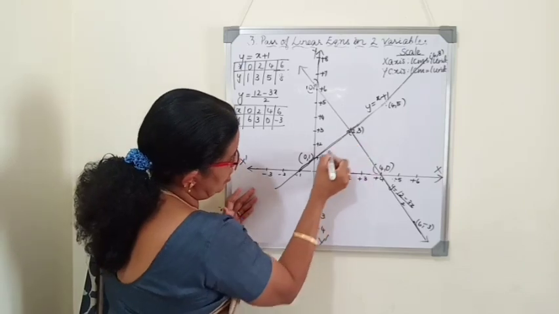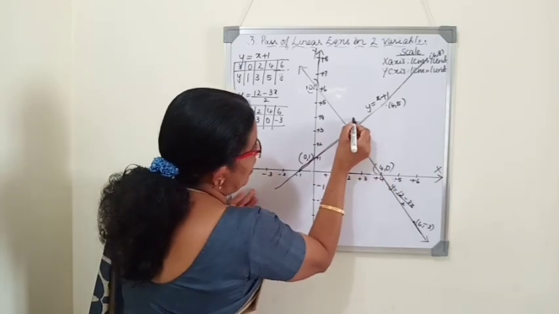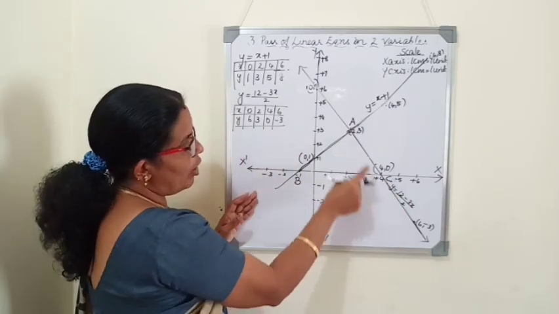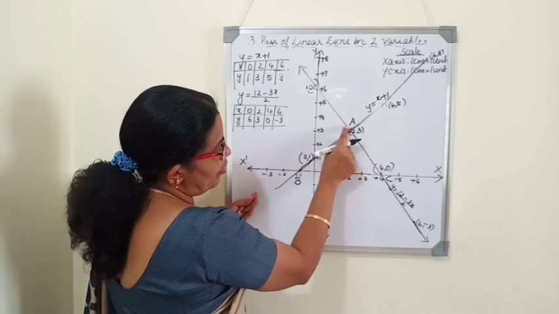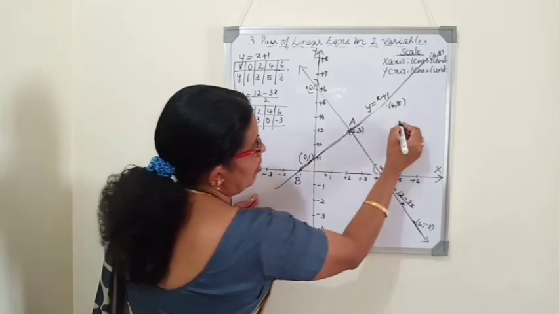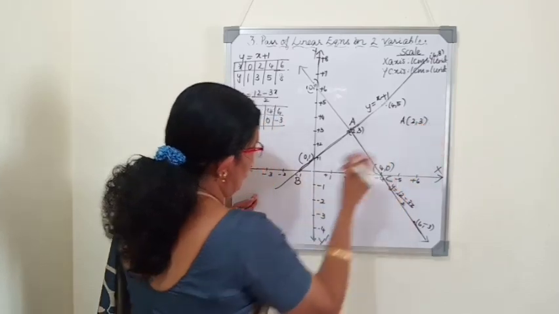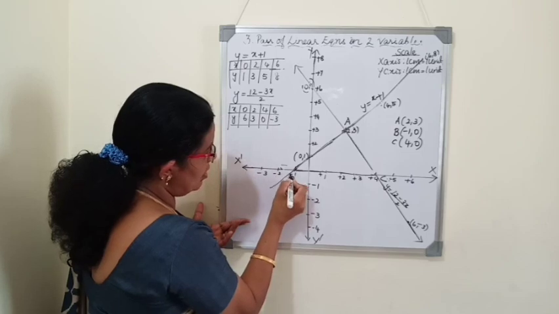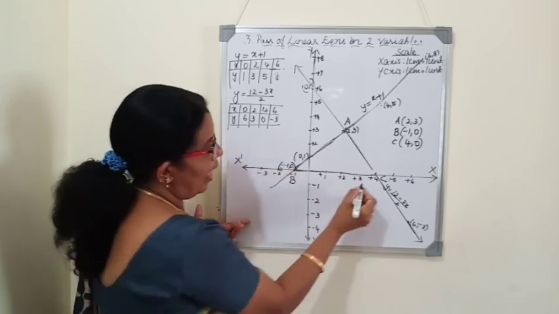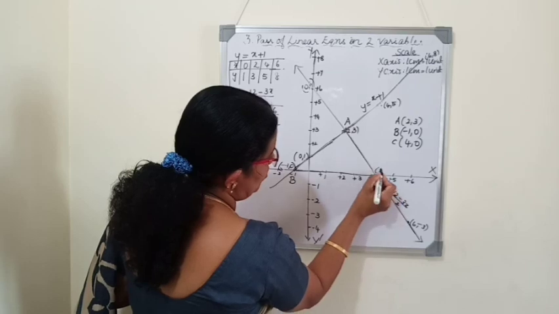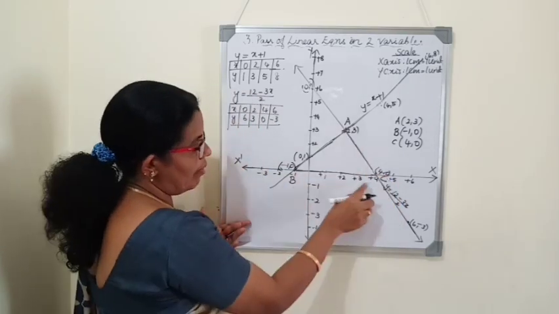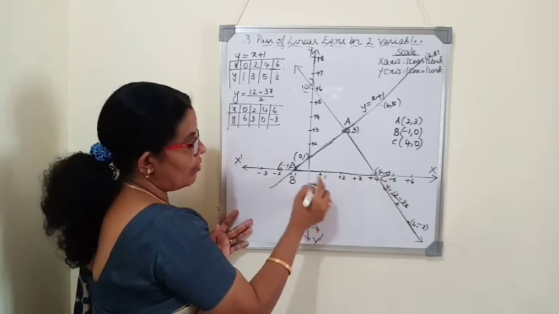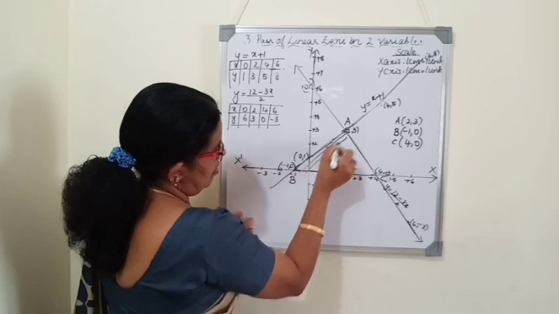See where is the triangle? See, this is the triangle. So we'll give a name for the triangle, A, B, C. So what are the coordinates of this triangle? So what is the coordinate of A? A is 2, 3. Coordinates of A is 2, 3. For B, the line is passing through 1, 0. This is minus 1, so minus 1, 0. And C, it is 4, 0. The coordinates of triangle ABC, A 2, 3, B minus 1, 0 and C 4, 0. And we have to shade this triangle. So shade the triangle.